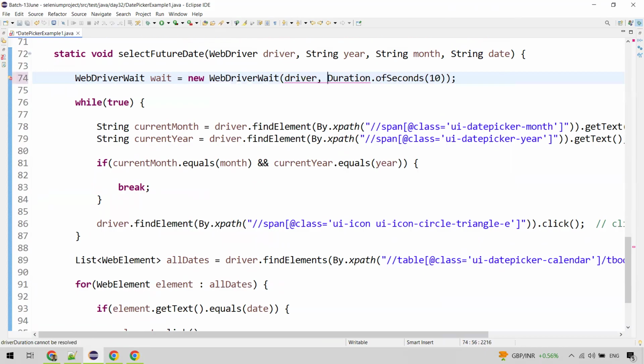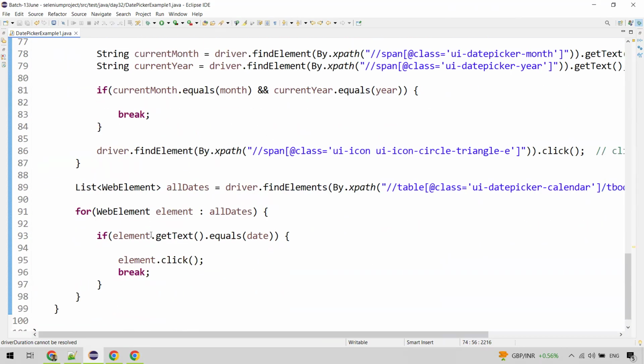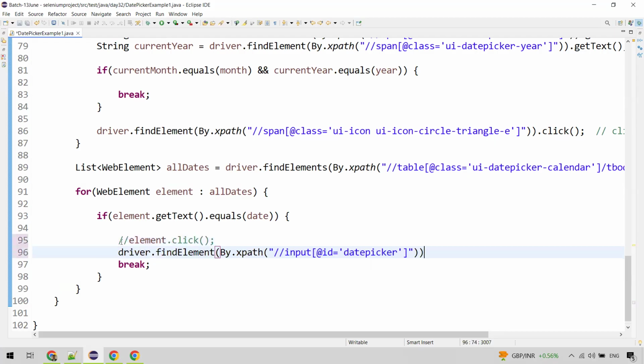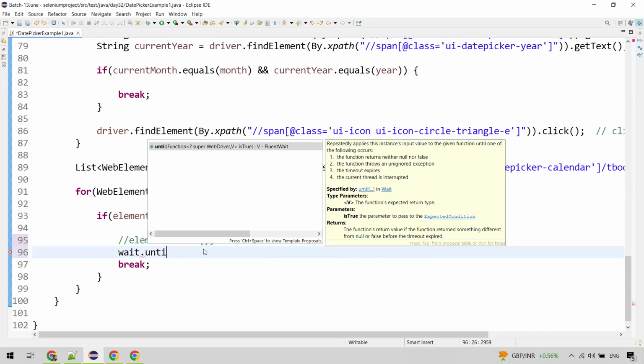That has to take the driver also, right? And we'll use this wait method. Wait dot until